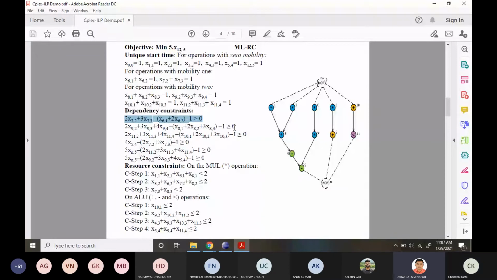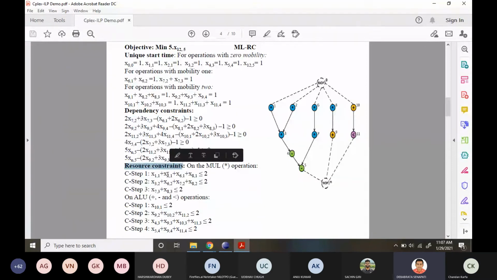For example, if we assign 1 to the x62 binary variable, then this equation value will be 2, and we cannot assign x72 to 1 because 2 minus 2 minus 1, this constraint is violated. So the dependency constraint enforces the dependency relationship between the two operations in the operation graph.